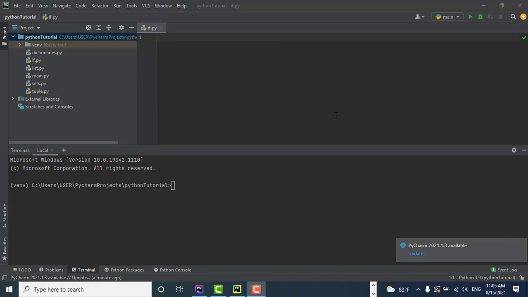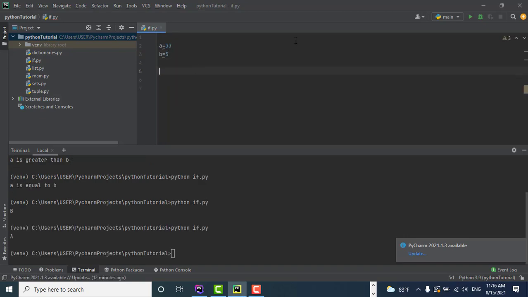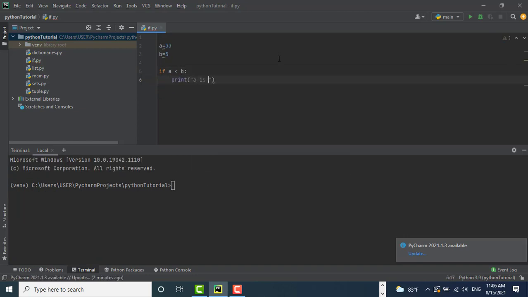Today I am going to explain Python if conditions. We can write if conditions like this: A equal 33, B equal 5. We can write if A less than B, print A is less than B. I save and run